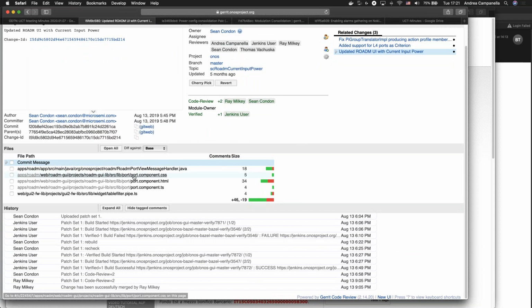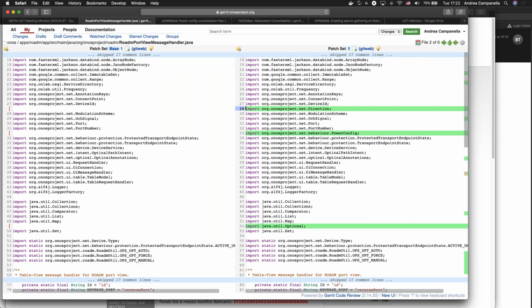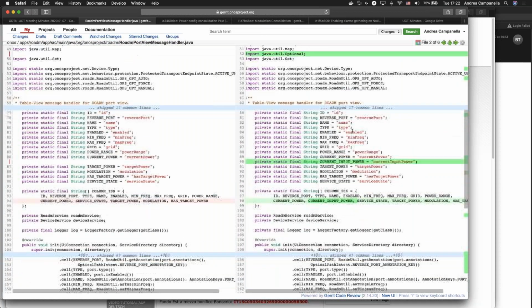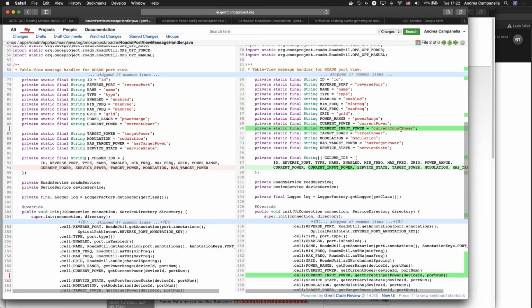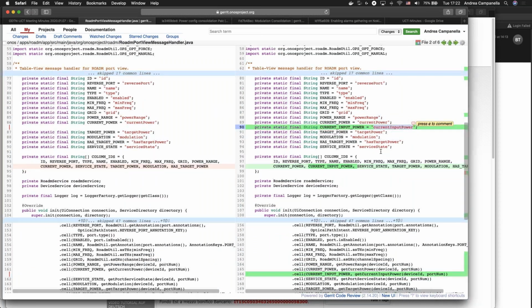This is a fairly simple addition that basically adds a message that gets exchanged between the back end of the UI and the front end of the UI. For power, reading current input power.